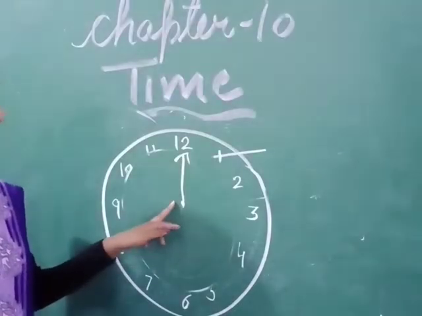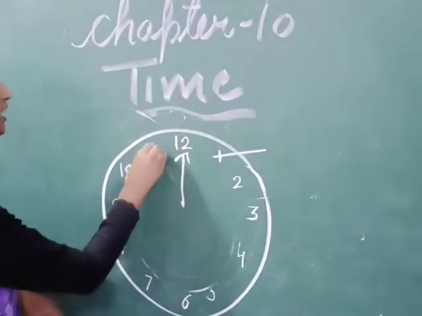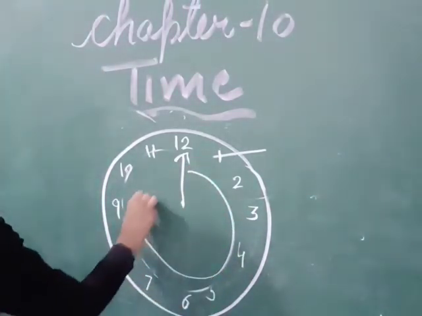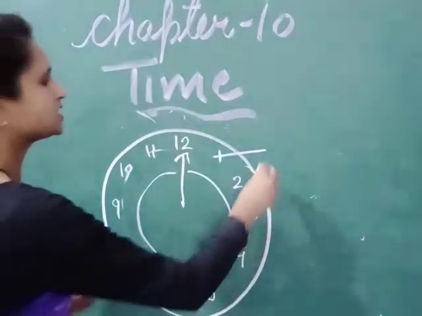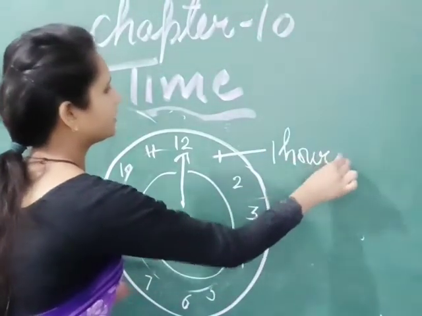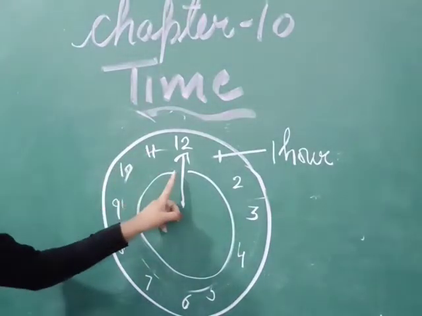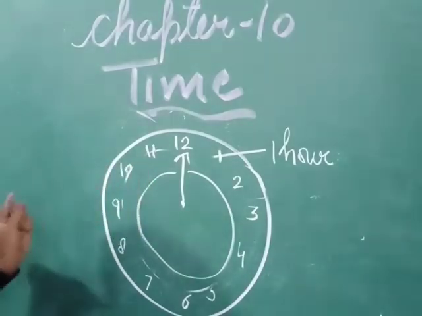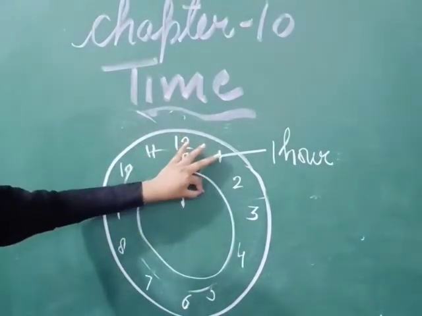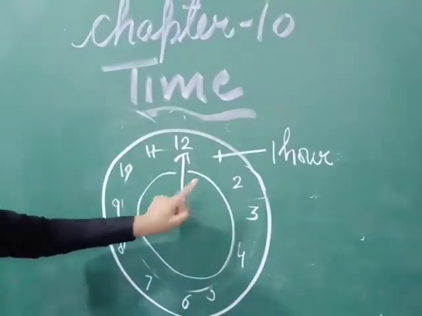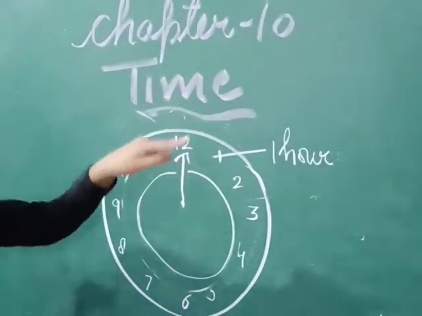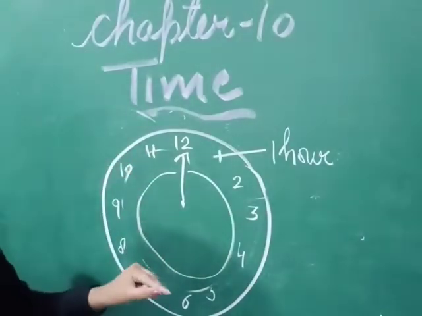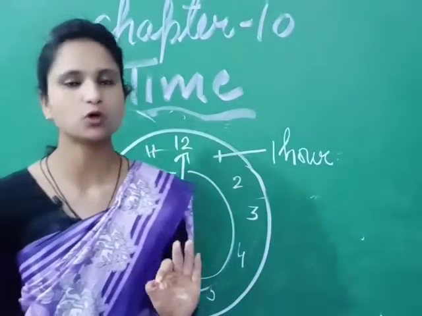This is the minute hand. This is a long hand. If this minute hand moves round the clock once, then 1 hour has passed. जब मिनट वाली सुई एक चक्कर लगाएगी घड़ी के तो 1 घंटा हो जाएगा. And when the hour hand moves once, एक बार जब छोटी वाली सुई वापस उसी जगह पे आएगी तो 12 घंटे, और दोबारा वहीं से शुरू करके फिर से वहीं पे आएगी तो then it will be 24 hours.